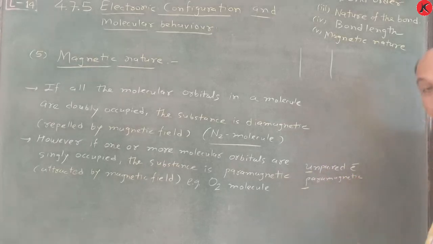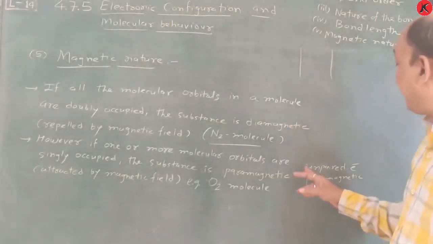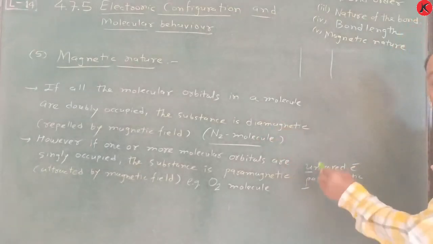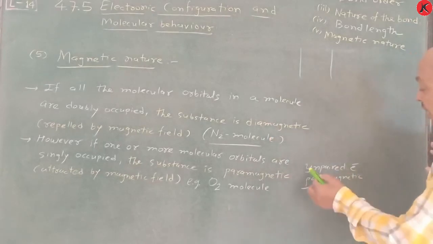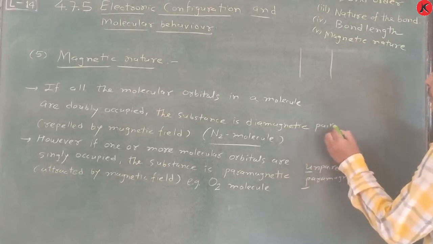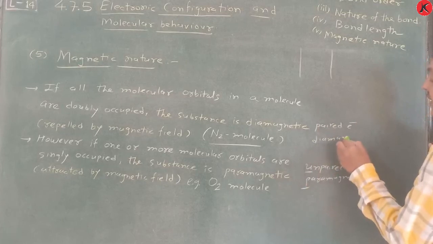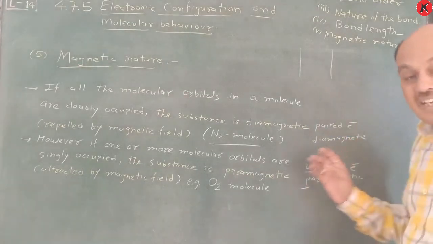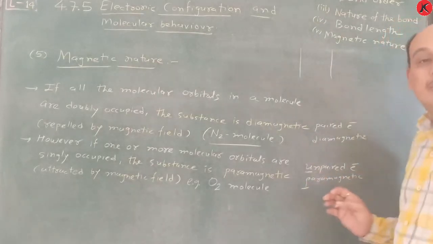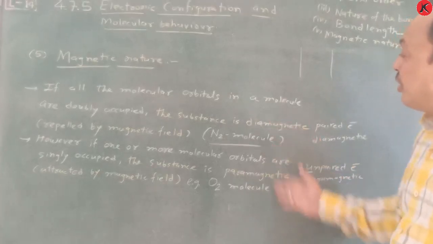Remember by UP, up. Unpaired electron, paramagnetic, and then you can easily say that if paired electron is there, it is diamagnetic. Remember, don't say PP. Paired electron, paramagnetic is wrong. Unpaired electron, paramagnetic, and paired electron, it is considered as diamagnetic. Very simple way. UP. Remember this way, because in MCQs this question is asked many times. So you remember this one.